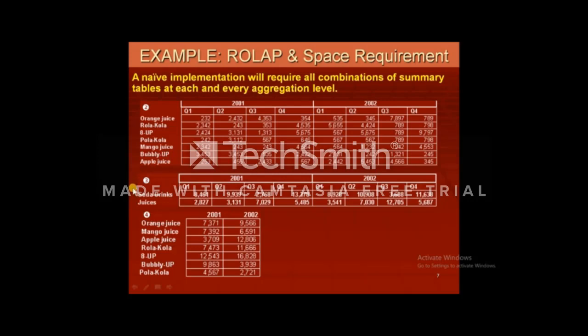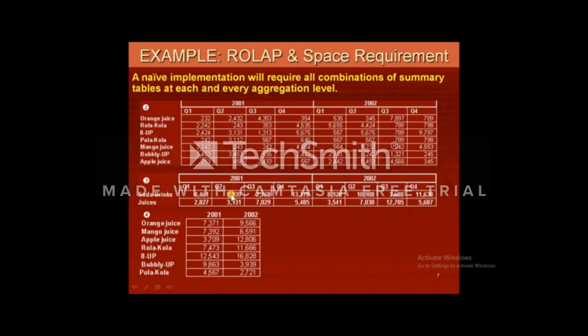If we take a closer look at this, the summary table has decreased because now products are shrunk into a category. So soda drinks has a sales value in quarter one of this value, and juices has a sales value in quarter one of this value. Similarly, the table has shrunk because the information has gone from detailed to less detailed, because the products are being shrunk into a category.